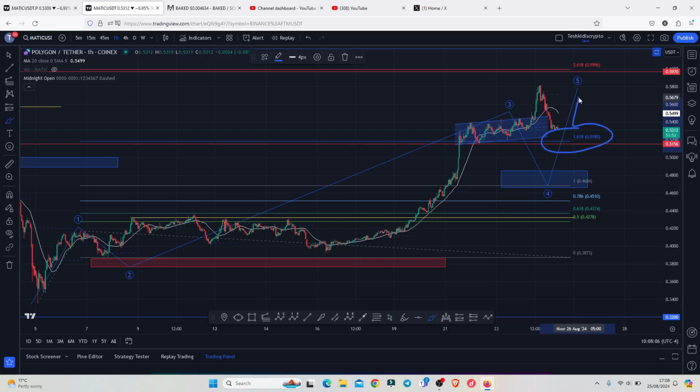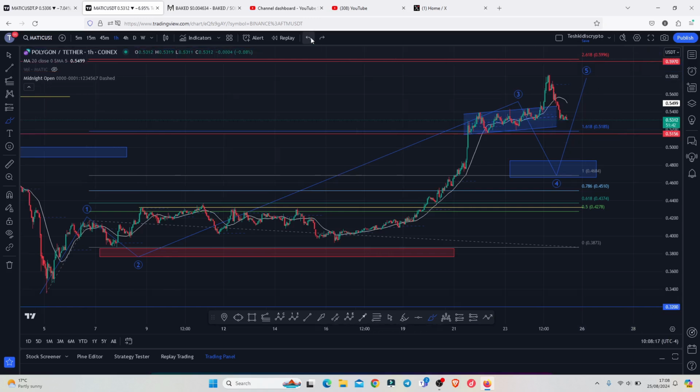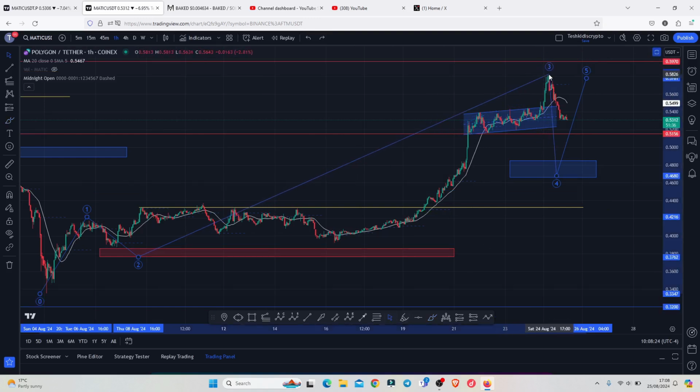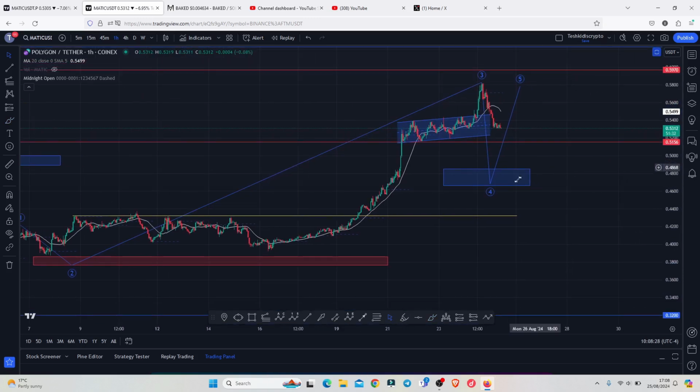We continued to push even higher, in a move that almost fully maximized the fib level 2.618 at the 0.5996, and at the time of this recording there are high chances that now we have a high in place in this Elliott wave count 3 above the 0.5825,